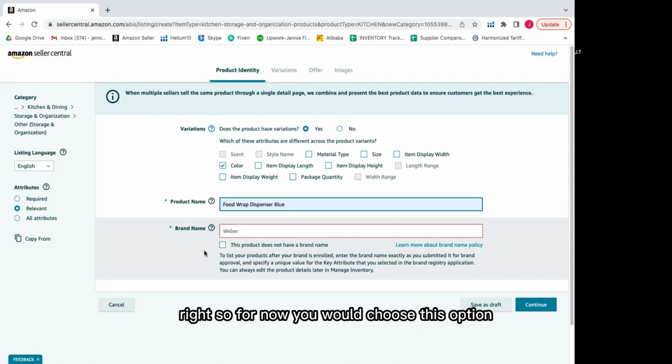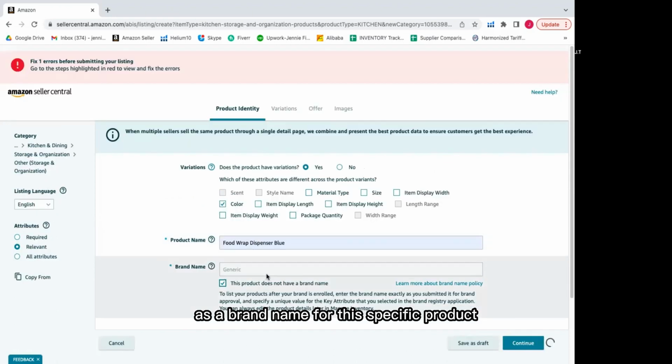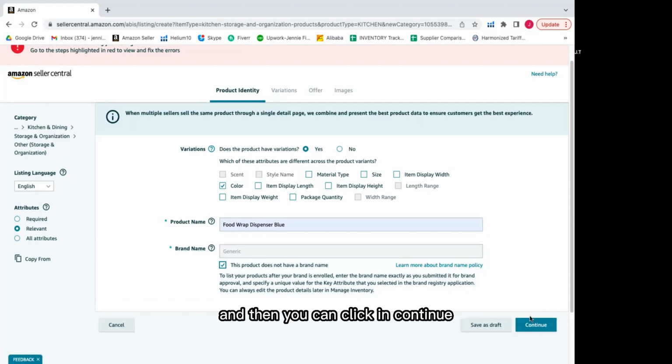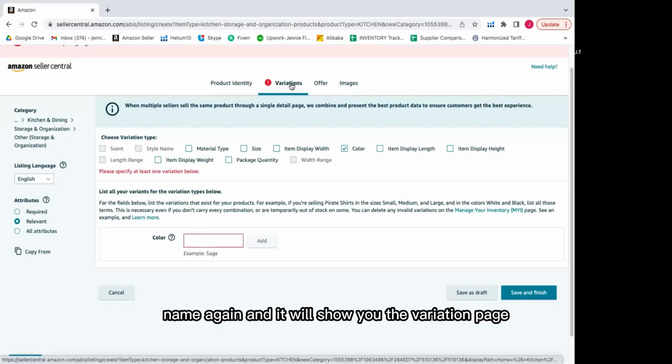So for now, you would choose this option, click in this checkbox. This product does not have a brand name, so it will automatically populate a generic as a brand name for this specific product, right? And then you can click in continue, click in the variation tab name again,